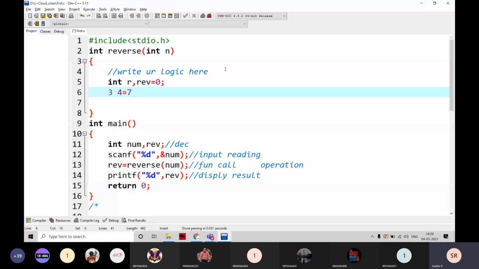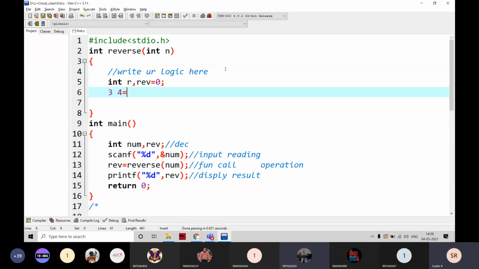Any other answers? Just observe 3 and 4 here. I'm not assuming 7. I want another answer here.